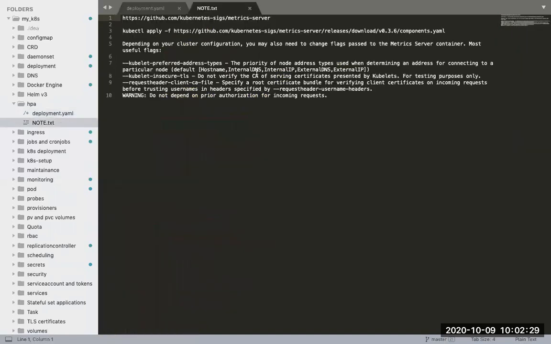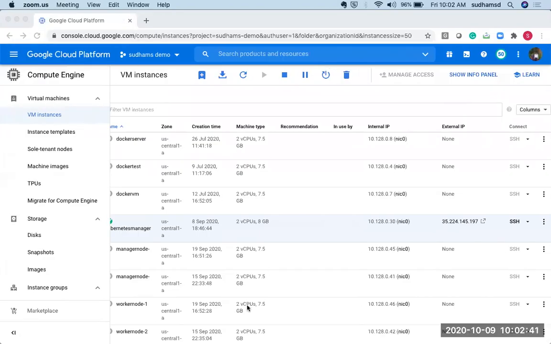Now, in order to achieve this horizontal pod auto scaling, as I told you, first of all, we need to install this metric scraper. In order to deploy it, let me open the documentation, which will explain a bit.